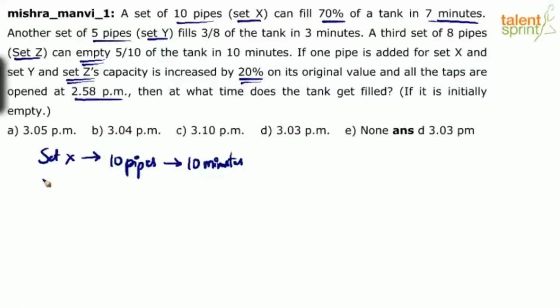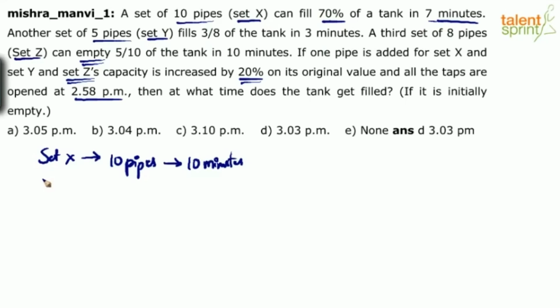A set of 10 pipes, set X, can fill 70% of a tank in 7 minutes. Another set of 5 pipes, set Y, fills 3/8 of the tank in 3 minutes. And a third set of 8 pipes, set Z, can empty 5 by 10 of the tank in 10 minutes. Now, if one pipe is added for set X and set Y, and set Z's capacity is increased by 20% on its original value, and all the taps are opened at 2:58 p.m., then at what time does the tank